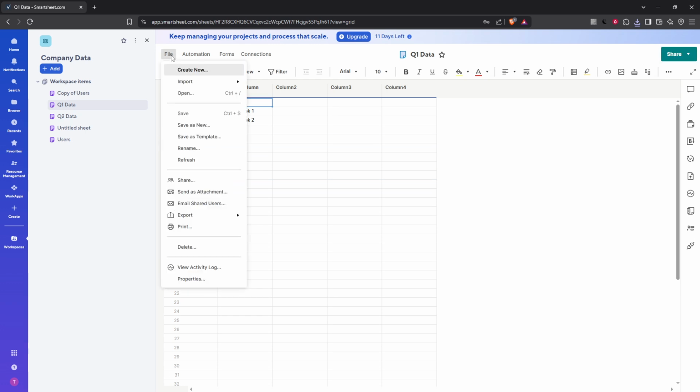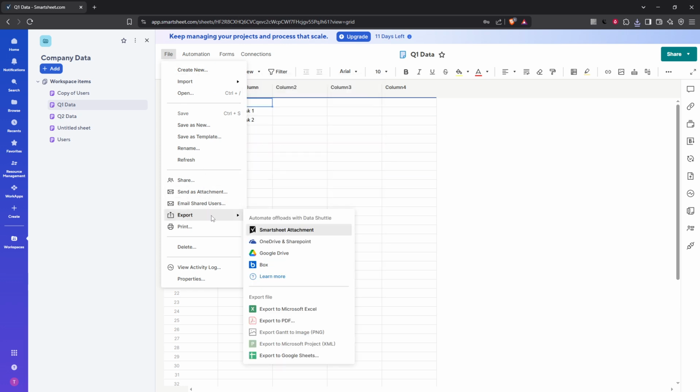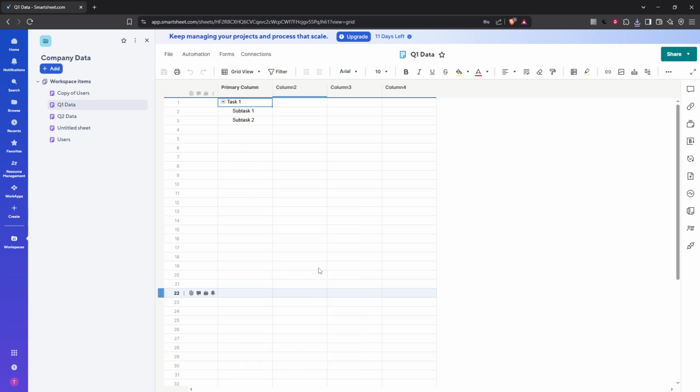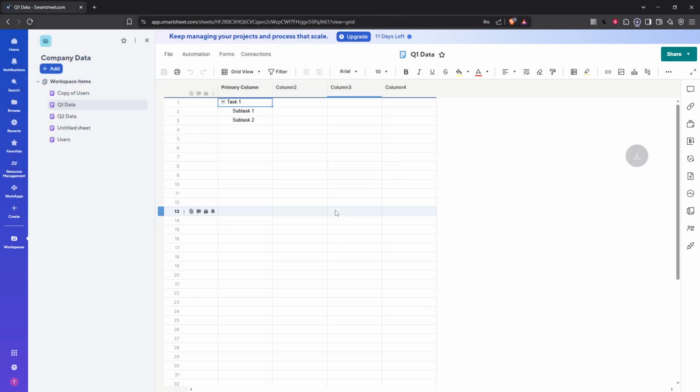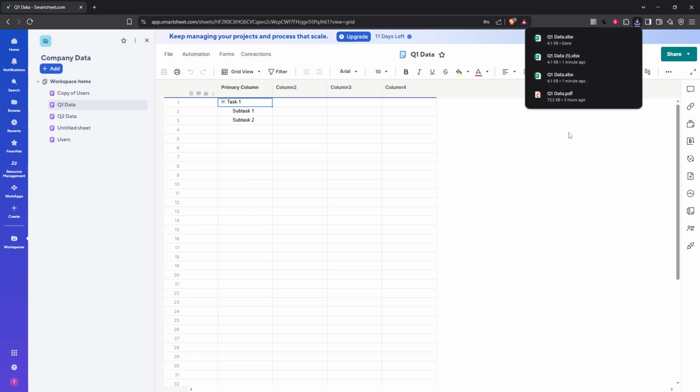Here you'll want to click on File, which opens a drop-down menu. As you hover over the Export option, you'll notice several choices. For our purpose today, we'll be choosing Export to Microsoft Excel. This action prompts Smartsheet to generate an XLSX file, a format compatible with Excel that you'll be able to download. It's a seamless transition that paves the way for us to continue our work in Excel without losing any vital